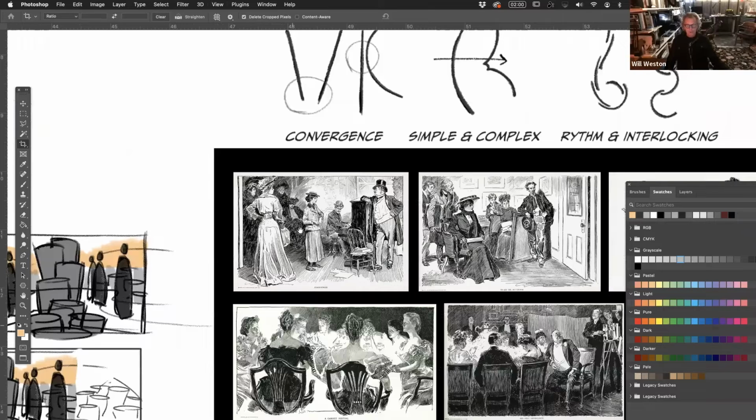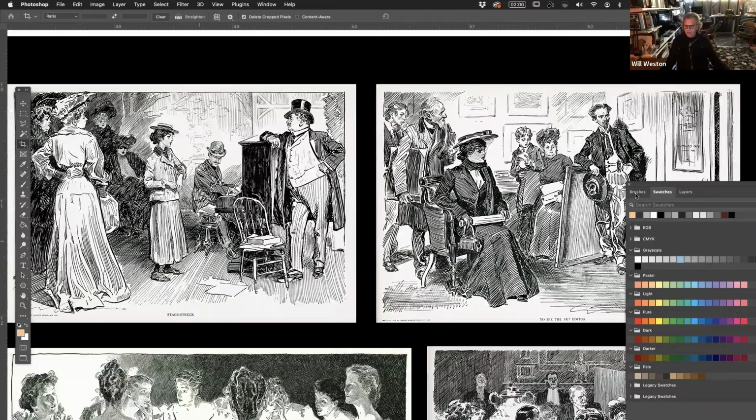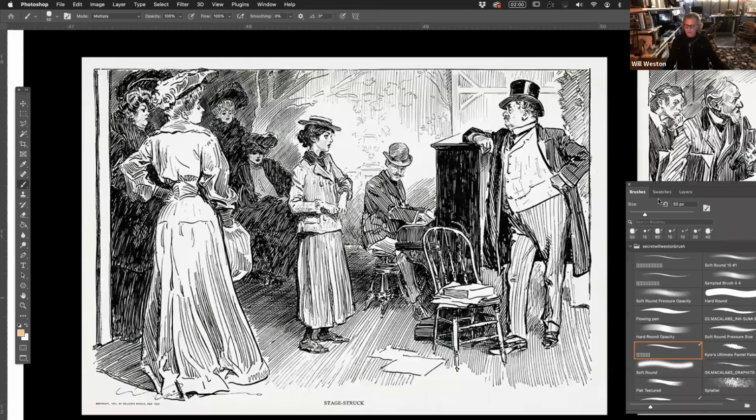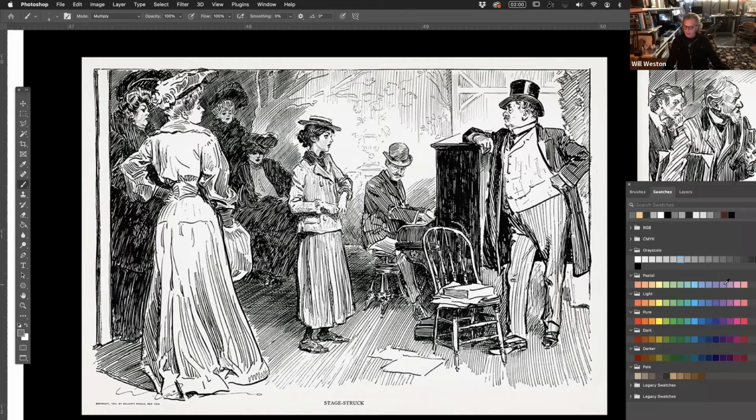So this is Charles Dana Gibson. He operated in the late 19th century and was famous for the Gibson Girl, if you ever heard of that. And so there are things that he's doing here. One thing you'll notice is that right down here at the bottom, let me get a swatch that'll work. I think I'm going to have to use a color, but I'll try to make it an unobtrusive one.